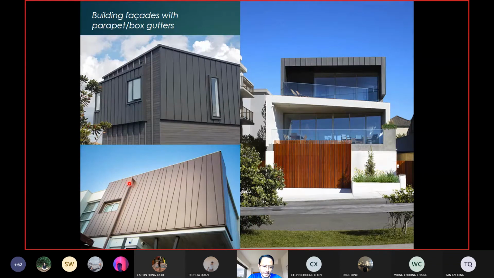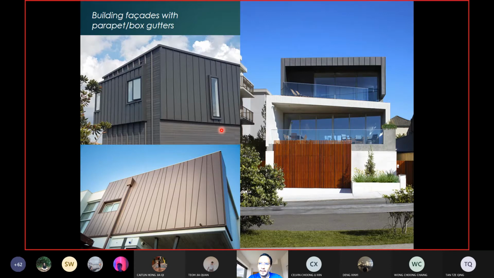In this one you can see the rain heads clearly, but in the other images you don't see them because probably they are hidden. There is also a possibility that the rainwater downpipe is hidden inside the house. It's not shown on the outside, so the pipe is hidden inside the house. So that's why I mentioned earlier,